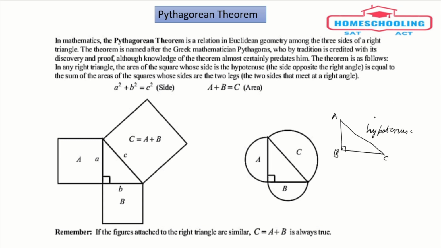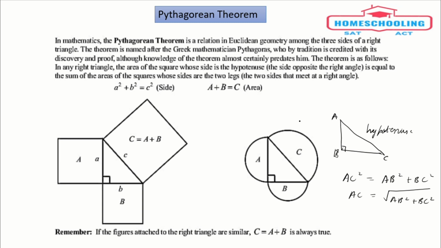As per the Pythagoras theorem, we have read that the square of the hypotenuse would be equal to the sum of the squares of the other two sides. That would be AC square equals AB square plus BC square. And if we have to find AC, we can find it by taking the square root on the other side, AC equals the square root of AB square plus BC square. So this is the way in which most of us have learned the Pythagoras theorem. But if I tell you that this is not the correct representation of the Pythagoras theorem,